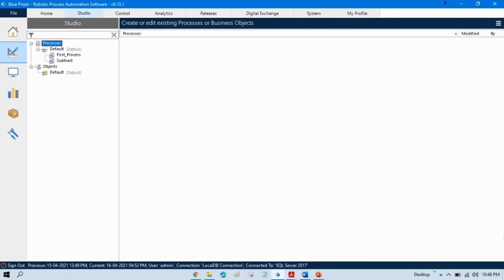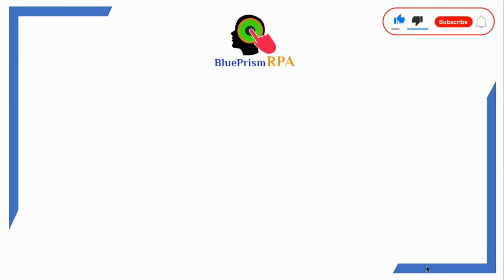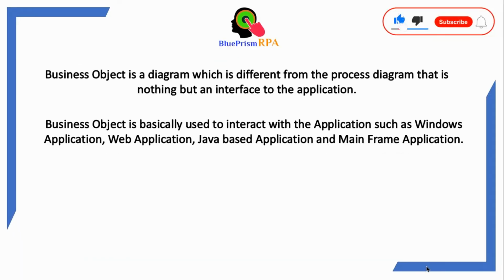In the previous video, we talked about how to pass value from one process to another process. Now in this video, we will talk about what is business object. What is business object? Business object is a diagram which is different from the process diagram, that is nothing but